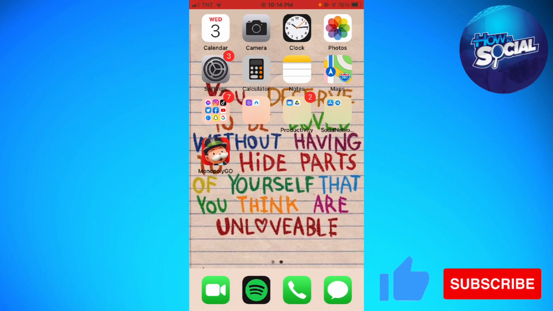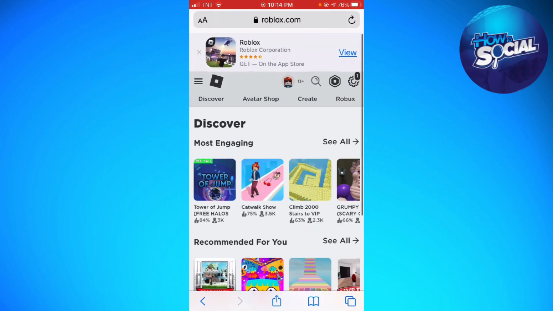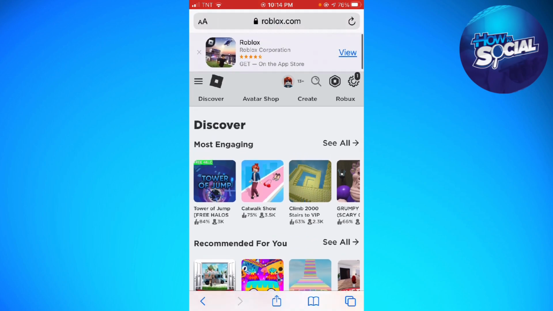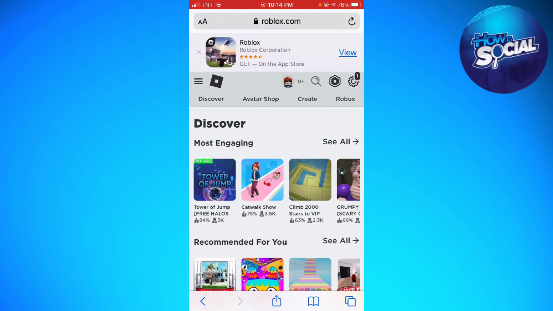So let's get started. First of all, you want to open your browser and search for roblox.com. You need to make sure that you log in to your account on the browser. Okay, and now just go ahead and click on Create,